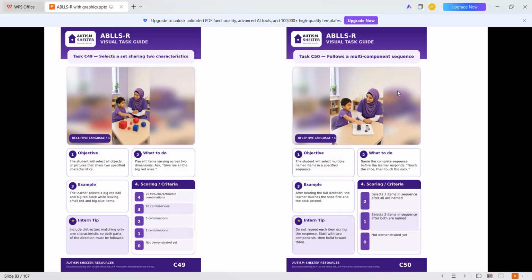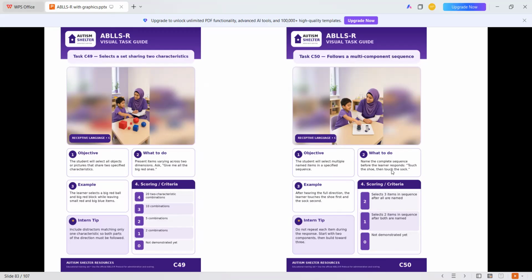If I say shoes first, the child will touch the shoes first. If I say touch the socks, the child will touch the socks first. If I am following a proper sequence, the child has to follow that one. Touch the shoe, then touch the sock. It means the child has to follow the sequence.